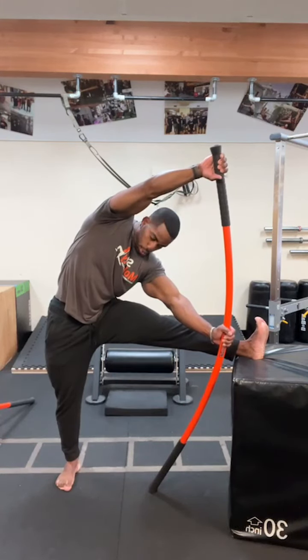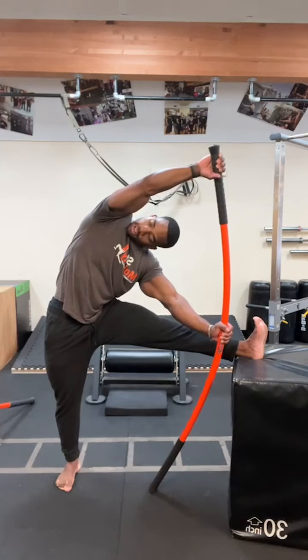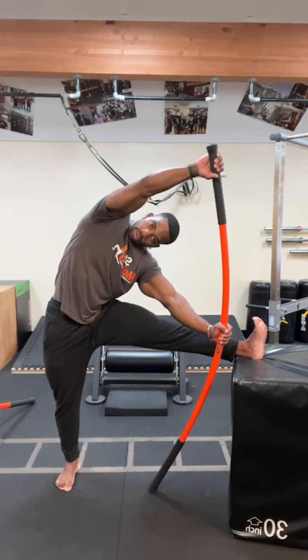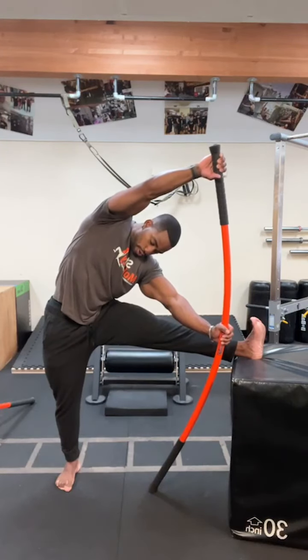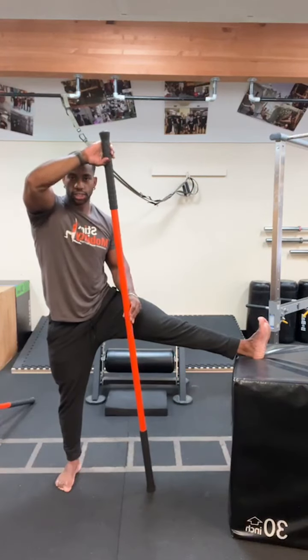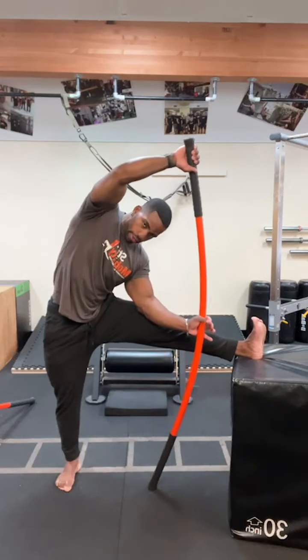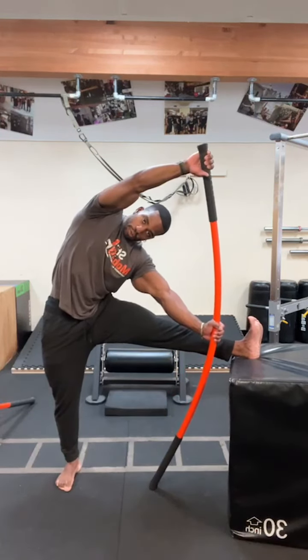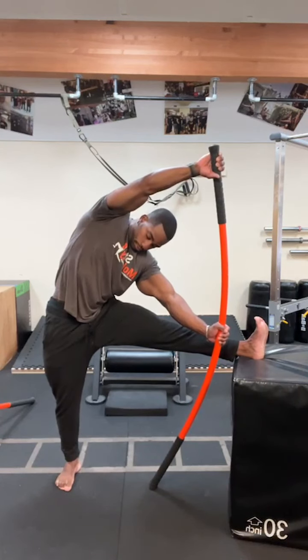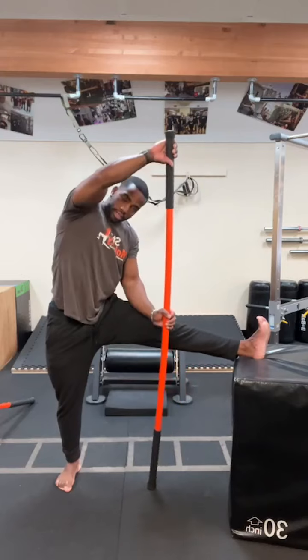Now again, this is going to feel like a pretty significant stretch on that right hamstring, but you're also going to get some lengthening on that left lateral line. Going to ease off. Good. I'm going to rotate the stick a bit and do that same thing again. I'm going to drive those hands out. Breathe. 3, 2, 1. Ease off